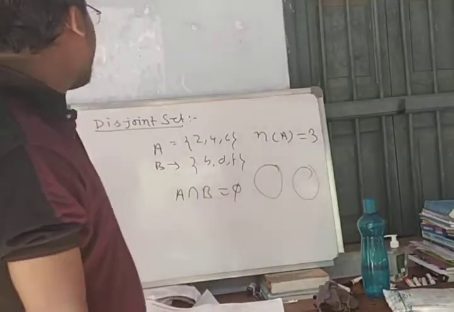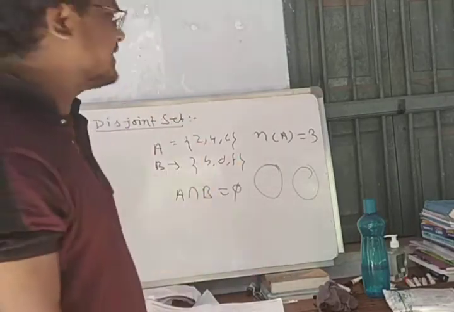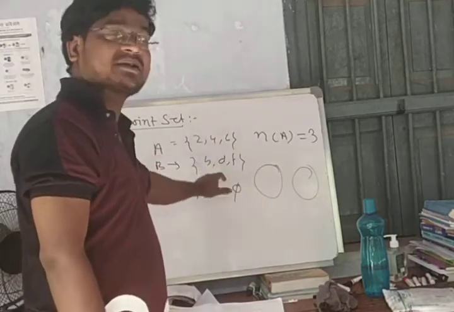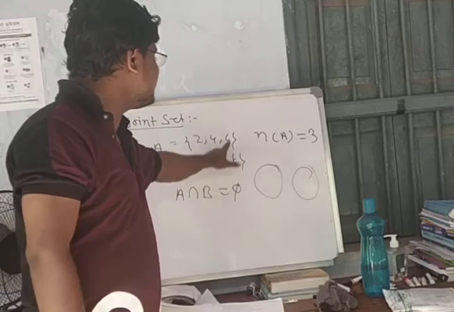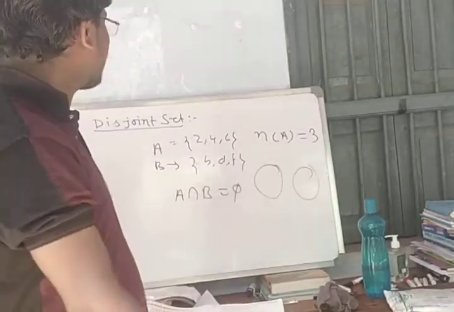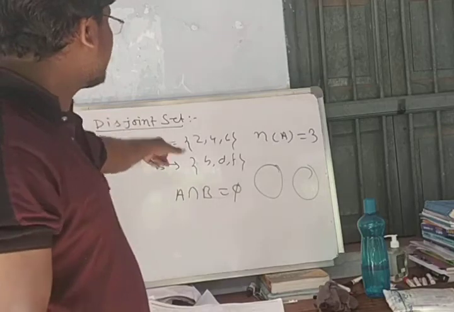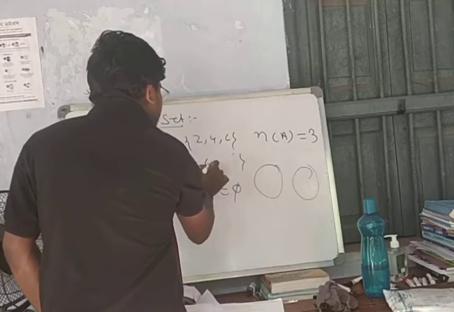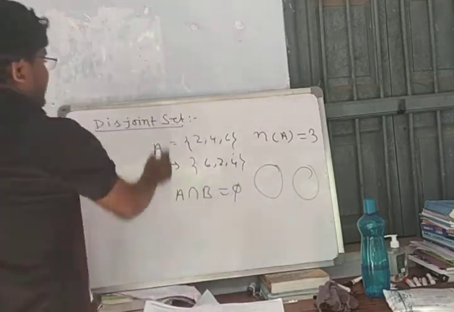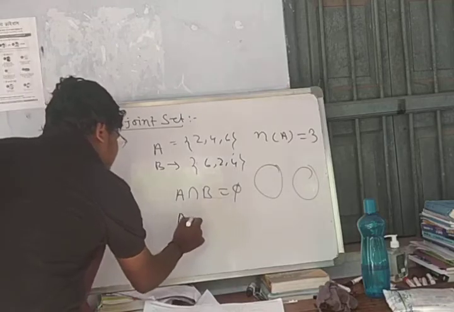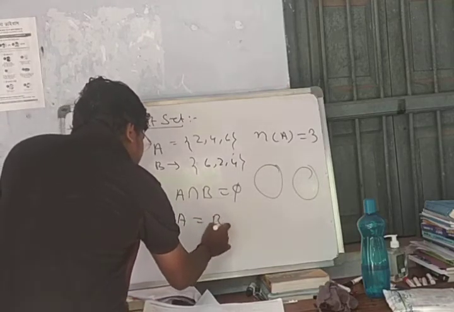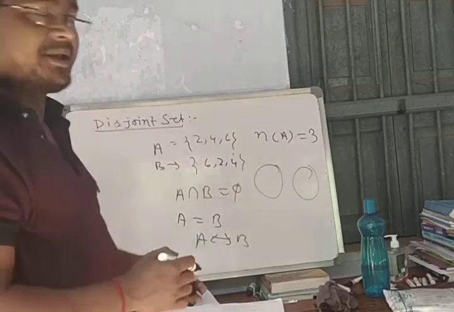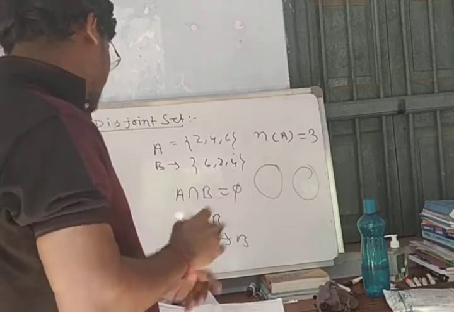But if two sets have the same cardinal number and exactly the same elements, they are equal sets. Here the two sets have the same cardinal number, but they do not contain exactly the same elements. Here it is 2, it is B, it is 4, it is D, it is 6, it is A. Same number of elements but not the same elements. Therefore, if it also contained 6, 2, 4, then we can say that these two sets are called equal sets, written as A equals B. And for equivalent sets, we write A equivalent to B. These are equal and equivalent sets.